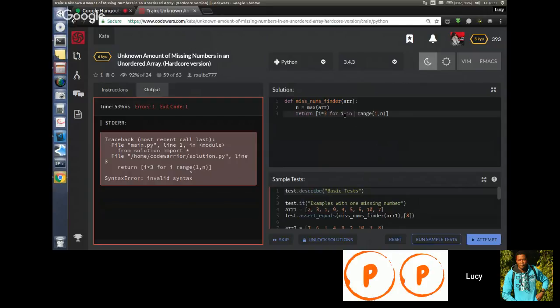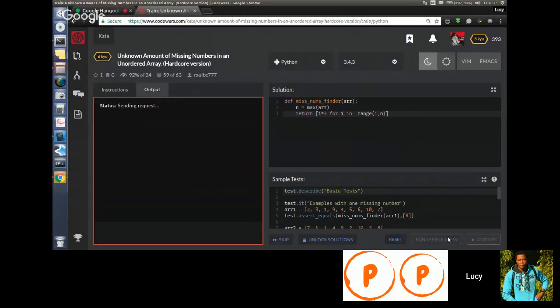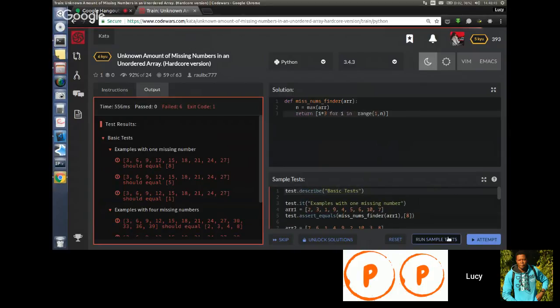Then whatever will be inside this list will be that value times 3. Good, let's test it. It returns 3, 6, 9, 12. So 3, 6, 9 in order.